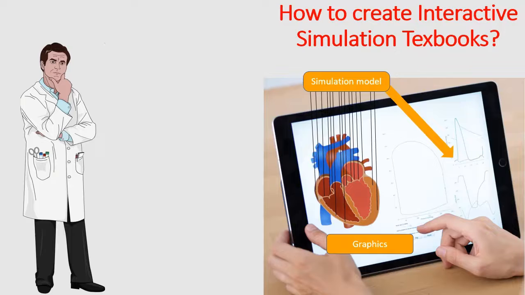Creating interactive simulation books is not easy. It requires multidisciplinary cooperation. Interactive simulation textbooks combine study text with a simulation model and interactive graphics.